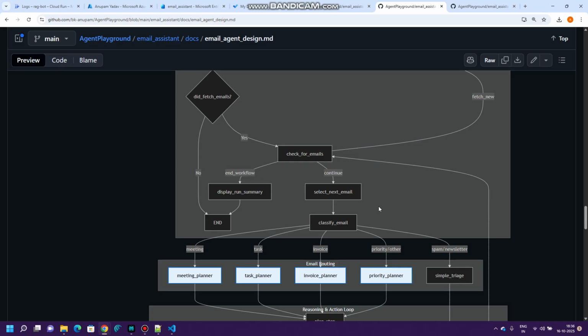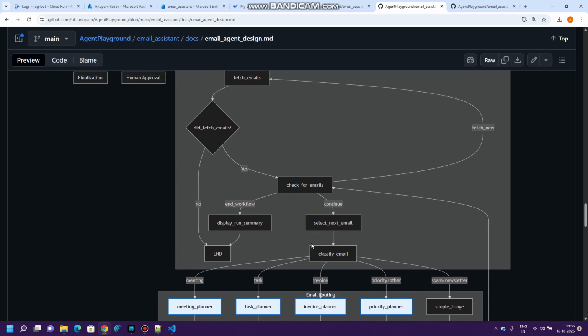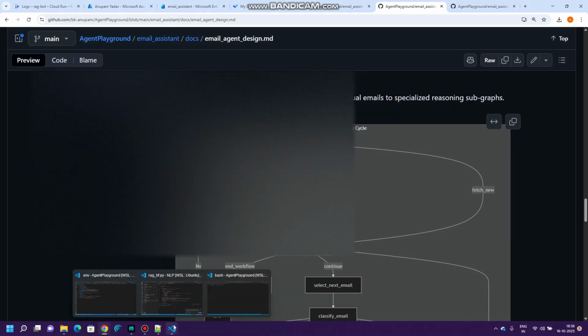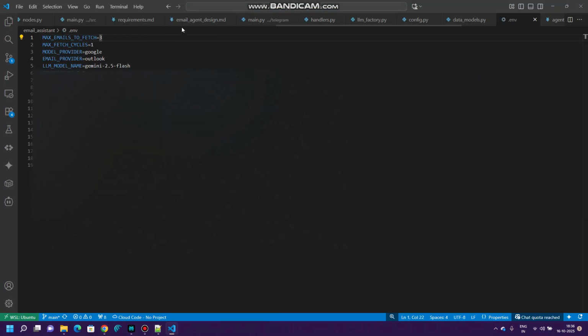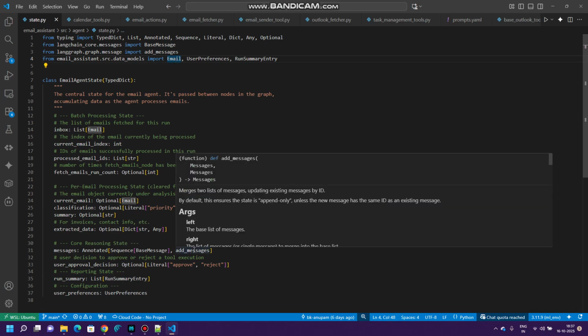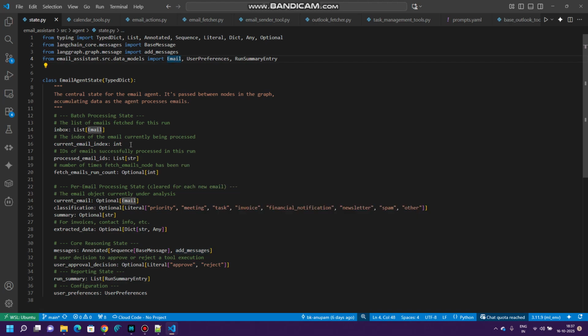Here the most important thing is that once you have fetched the email batch, you are storing that information in the agent memory. And as we discussed, we are using short-term agent memory, which is nothing but a langgraph object, you can say, that lives in the process memory. So this holds